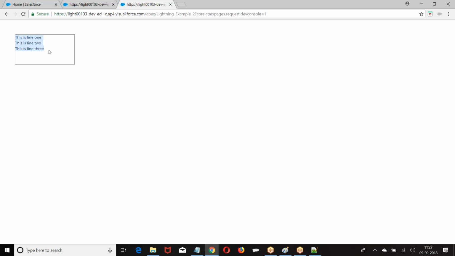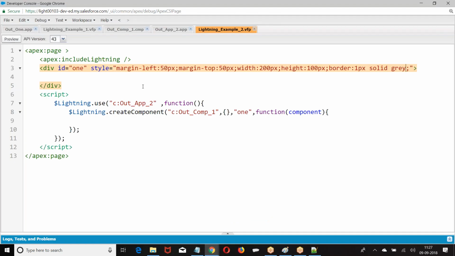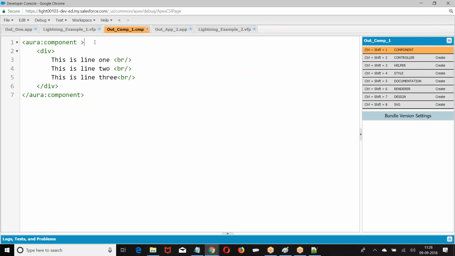Okay. Now let us expand this component with a couple of new functionalities. I hope everyone has followed this. Now, I'm going to this component, giving some attributes.